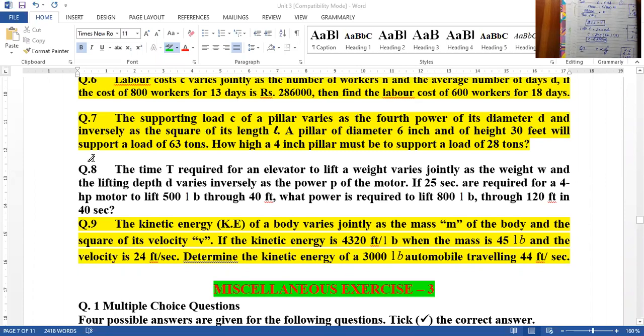Then we have been asked in the question how high we can go for a capacity of 28 tons, and obviously the pillar diameter will be the same, that must be 6 units, though it must be provided in the statement, but I feel the same will be taken as the value of d. Is it written there? 4-inch pillar. 4-inch pillar means that the diameter will be taken as 4 inch then. Now I have written both the required and given sets of information, and now we are going to solve it on the page.